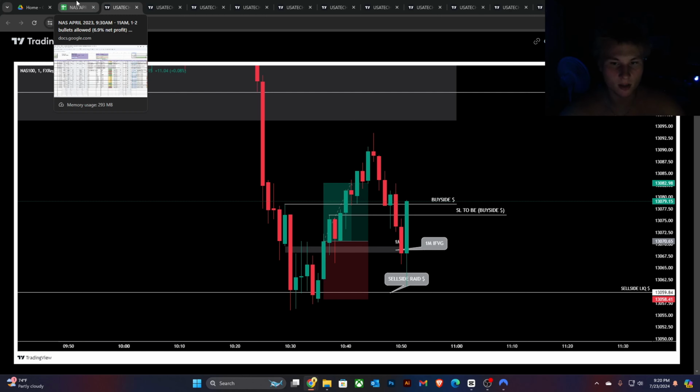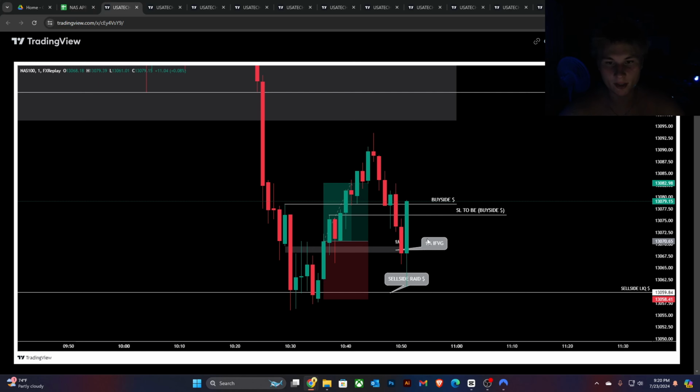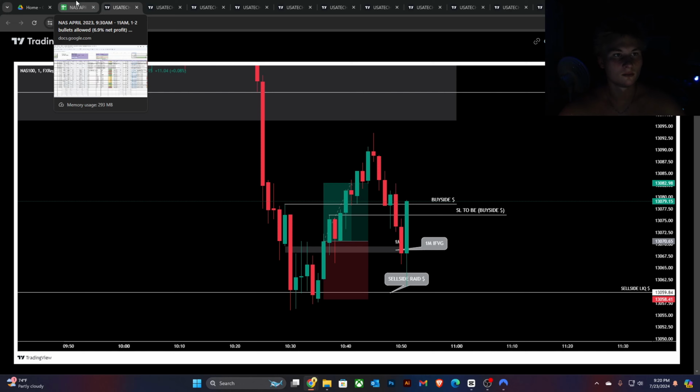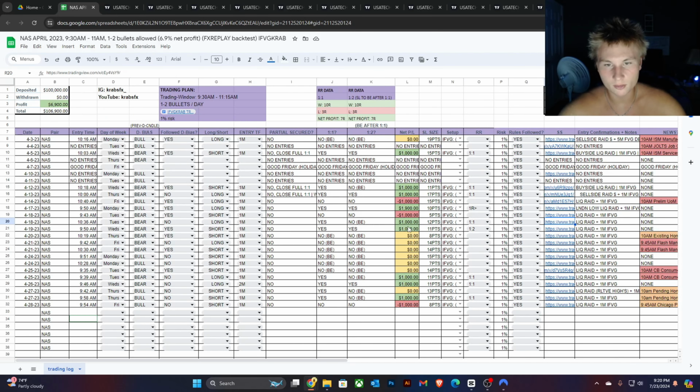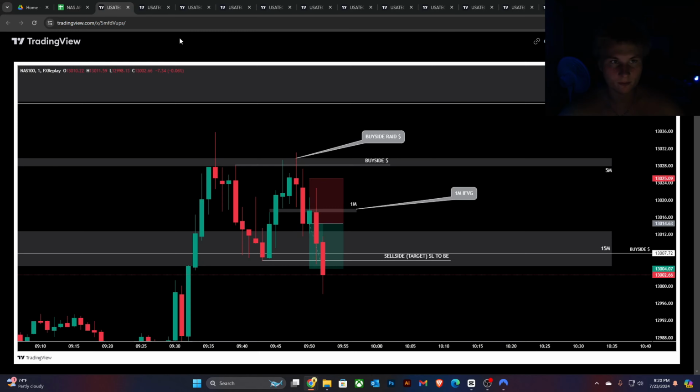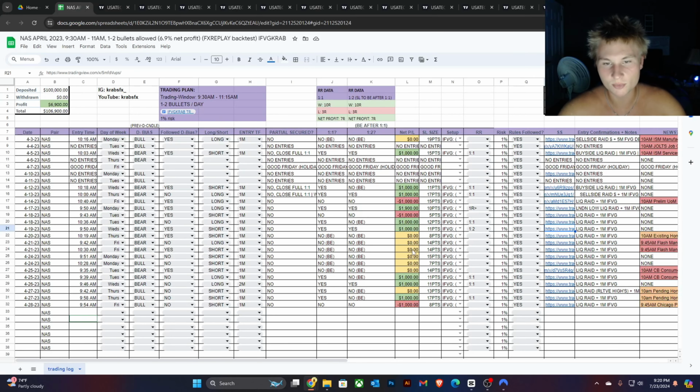Same system: liquidity raid, inverse fair value gap, target buy side liquidity. But yeah, on to the next trade here. I know I'm breaking down all of these, but probably shouldn't break down all of them. I mean, I'm just going to break down most of them. Bunch of break evens here, but